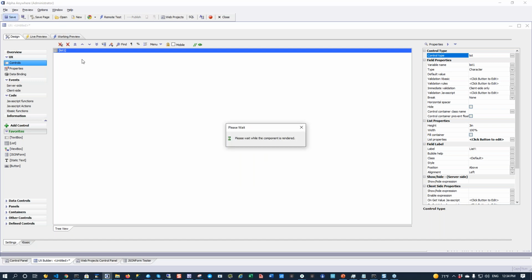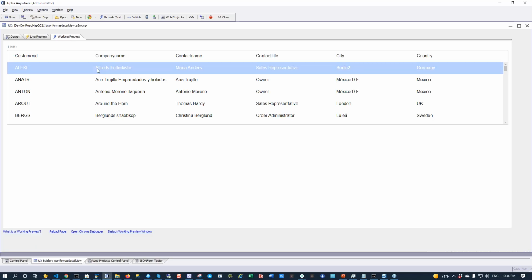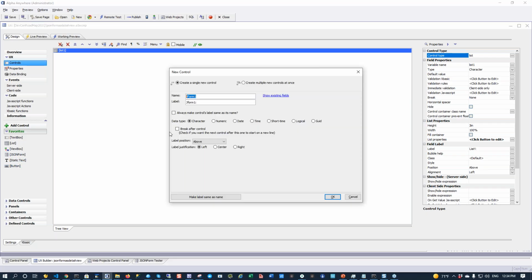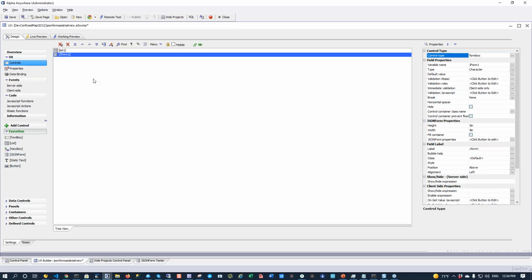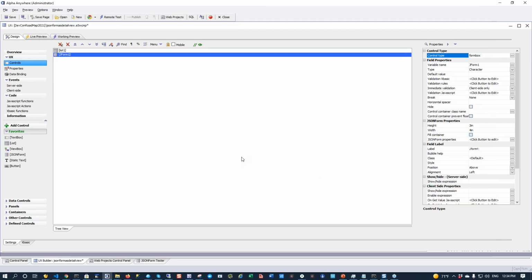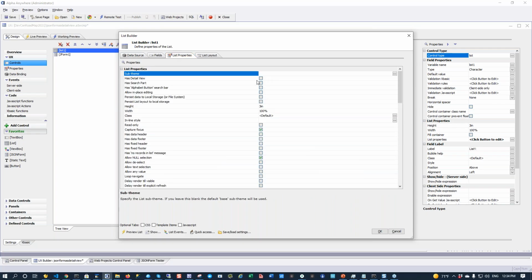We don't have a detail view yet for this form, so I'll go into working preview. So there's my form. Now let's make a JSON form over here. So I've added a JSON form, but you can see I've done nothing at this point to actually configure this form. So I'm going to leave this form unconfigured, go back to the list and say that this list has a detail view,